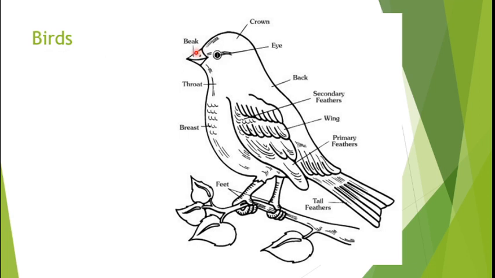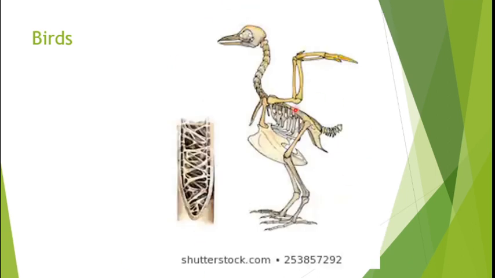If they feed on meat, the top beak is going to be bigger than the bottom one, and it's going to be very sharp. So the beak is going to adapt into different types of feeding. Now the skeleton is going to be very, very light. That's thanks to this: the internal part of the skeleton is going to be hollow. It's going to be empty. It's not going to be as hard as our bones, so the body is less heavy and it's easier for